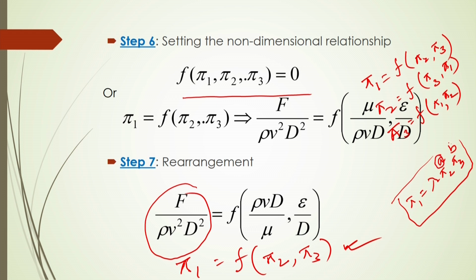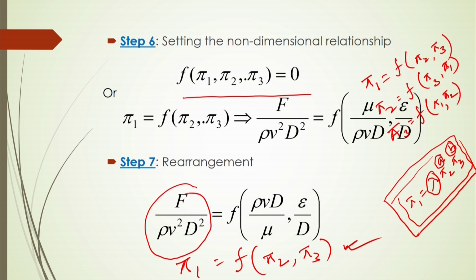Now, this a, b and this coefficient lambda, you can obtain these constants just by fitting the experimental data, and by regression analysis you can get this lambda, a, b coefficient. Then, based on the experimental data, you get the exact relationship among these dimensionless groups, and from this you can interpret what the frictional resistance should be if you know the other variables like rho, v, d and epsilon.